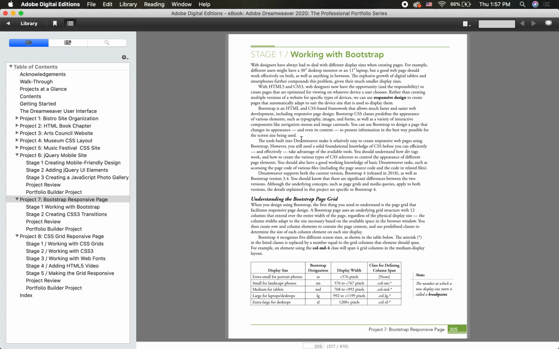The tools built into Dreamweaver make it relatively easy to create responsive web pages using Bootstrap. However, you still need a solid foundational knowledge of CSS before you can efficiently take advantage of the available tools. You should understand how div tags work and how to create the various types of CSS selectors to control the appearance of different page elements. You should also have a good working knowledge of basic Dreamweaver tasks, such as accessing the page code of various files,